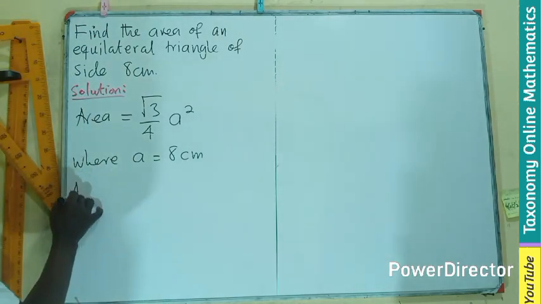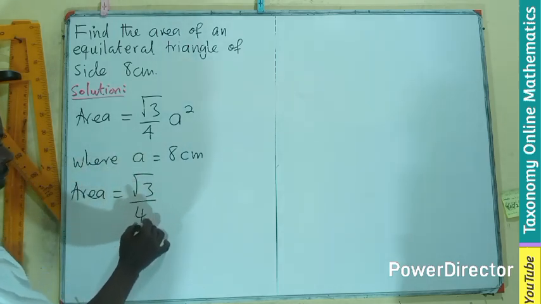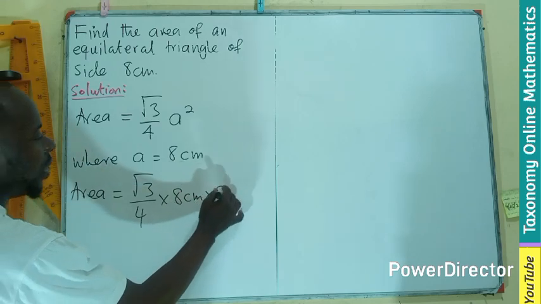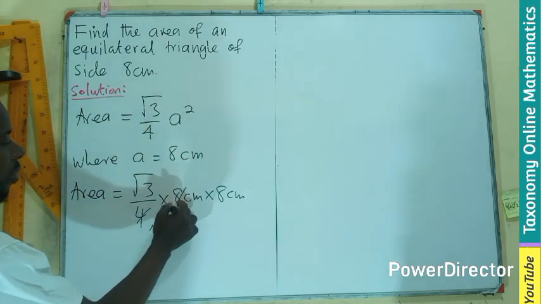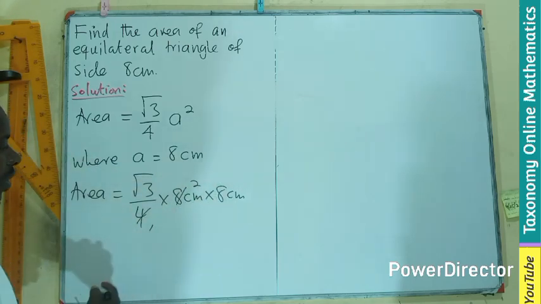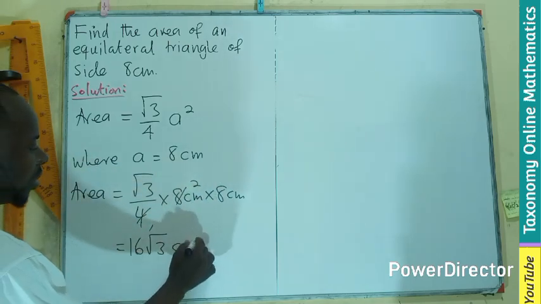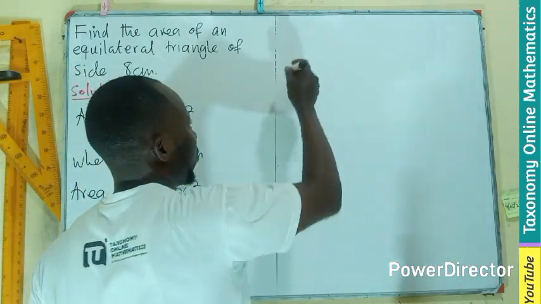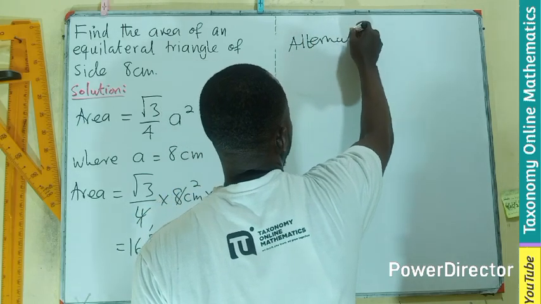So here our area will just be root 3 divided by 4 times 8 centimeters times 8 centimeters. Since it's a square, this will go here 1, go here 2. 2 times 8 will give us 16 root 3 centimeters squared. This is the answer we can easily get without moving into decimal